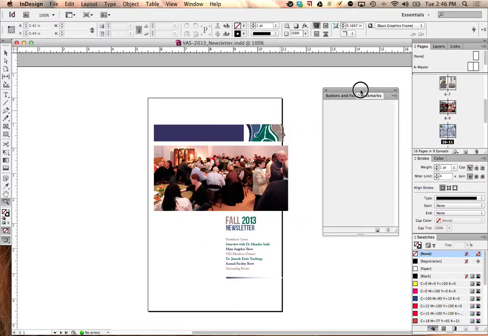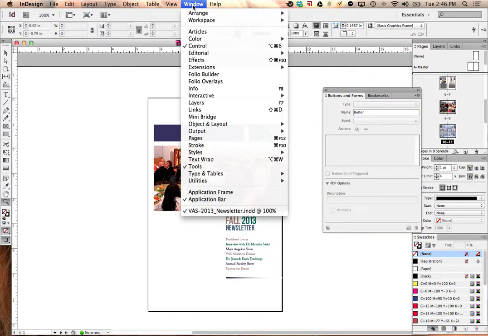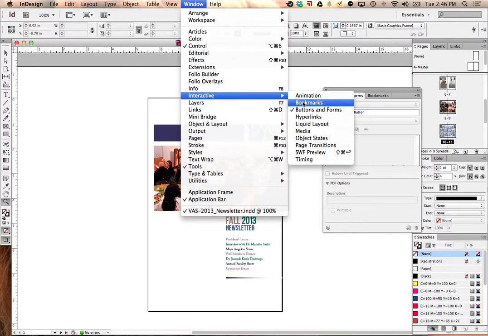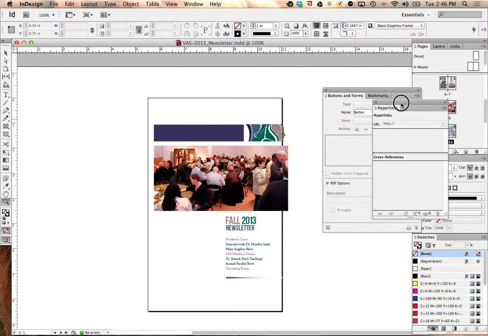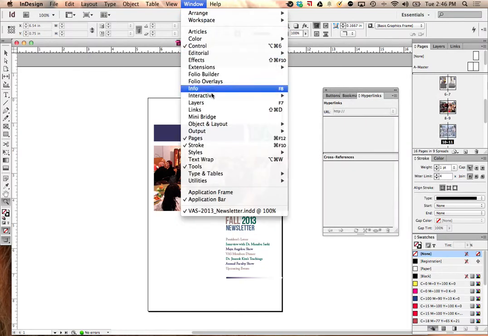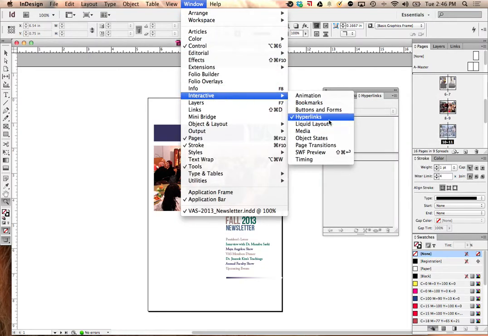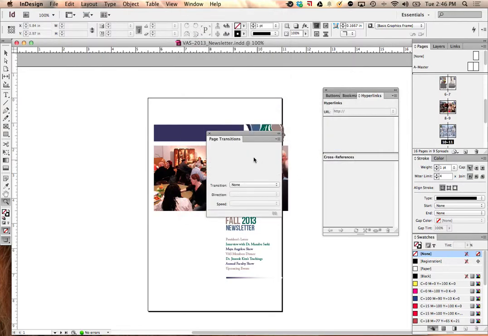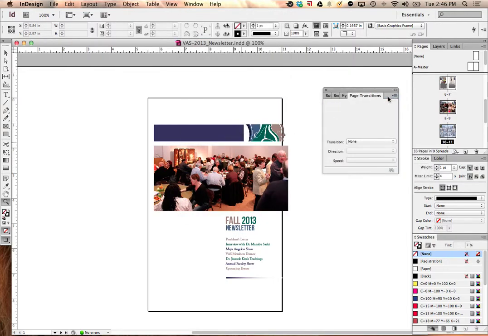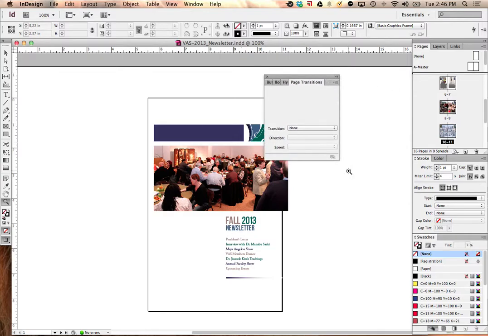Bookmarks, also Buttons and Forms, and we're going to go to Interactive and choose Hyperlinks, and we're going to go to Interactive and choose Page Transitions. And now that you've got all those open,